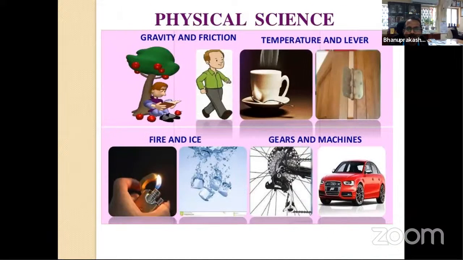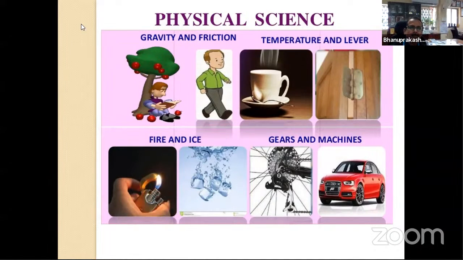Okay, then just a few slides. There are different areas of science. In physical science, what all do we use? The applications based on the first principles of science. Because in teaching, what do we use? First principles. What are those first principles? It could be Archimedes' principle, it could be Pythagoras' principle, it could be thermodynamics law 1, Newton's law 1, whatever it is. So how do they come?